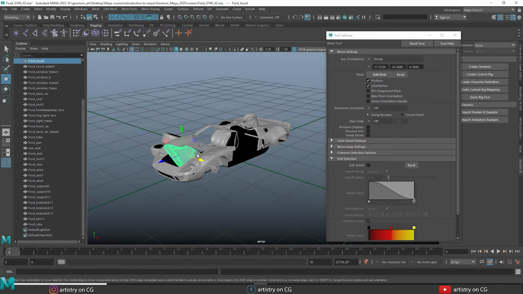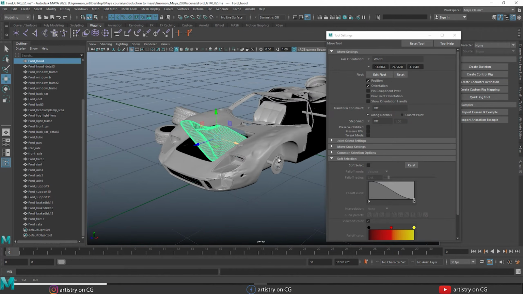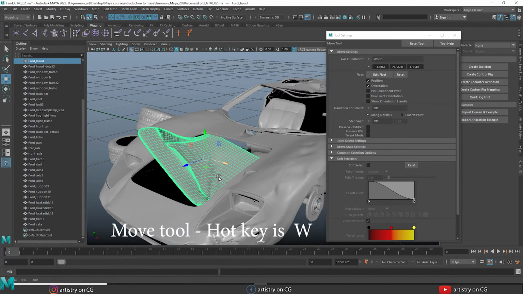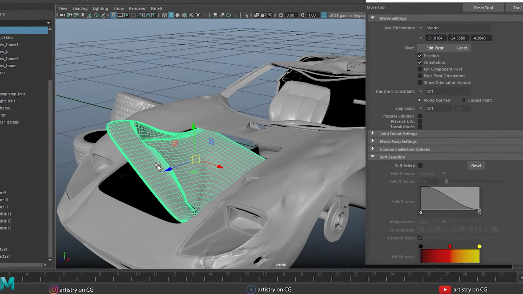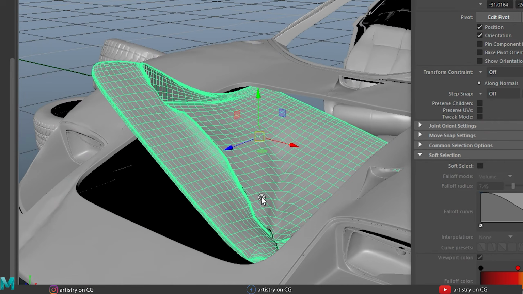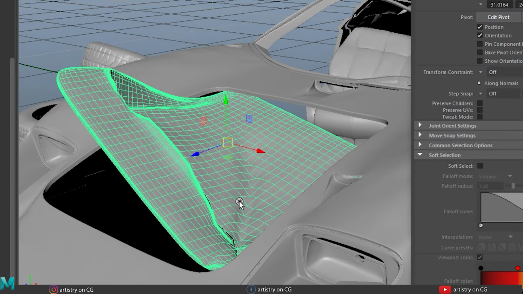Now let's talk about some workings of the move tool. The hotkey of the move tool is W. If I select an object, you can see here the move tool icon has 3 arrows and 4 square boxes. These arrows indicate the axes of moving.